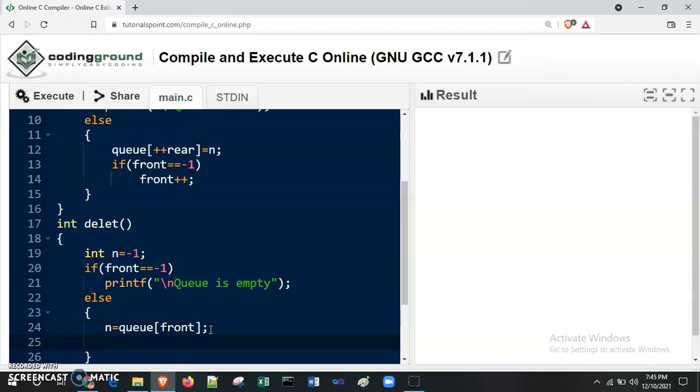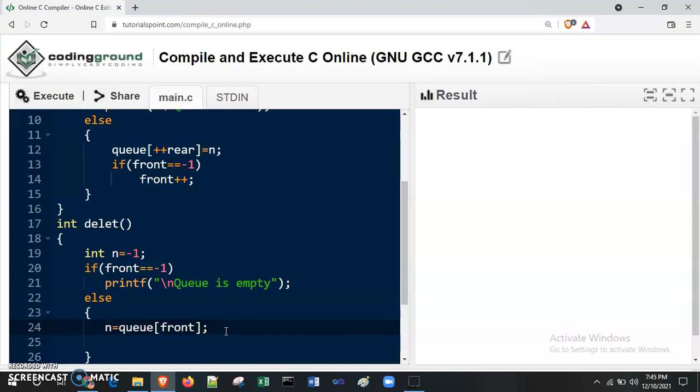Now we increase the front, but we need to check the condition once again. If this is the last element we deleted, then we need to initialize both the front and rear at -1 again.